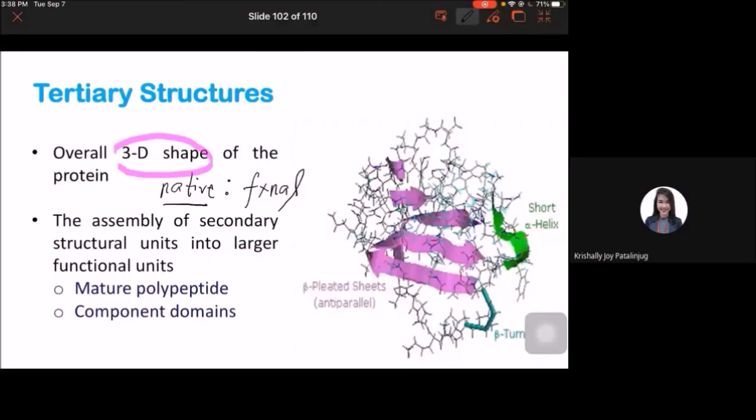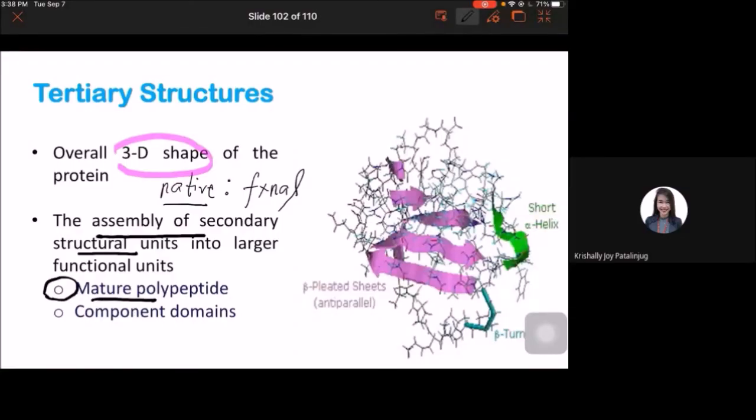What is the term when the protein is still non-functional? It also starts with the letter N: nascent. Very good, it's nascent. So when a protein reaches the tertiary structure, most probably the majority of them are already functional. The tertiary structure is the assembly of secondary structural units, composed of matured polypeptide chains